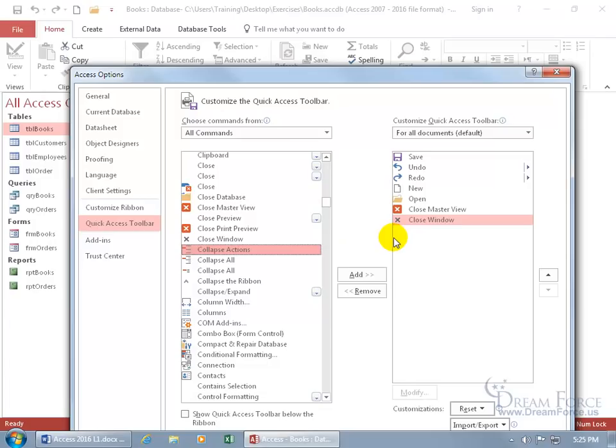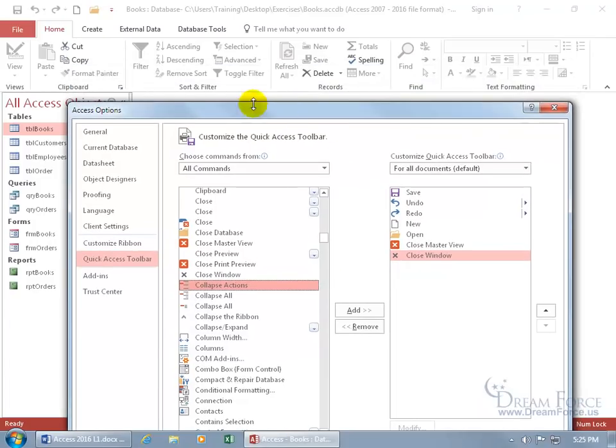So what I can do is add what are called separators, just like you see on the ribbon here. These lines that separate this group from that group. And these separators can perform one of two functions. You can have a line here that separates my open from my close commands, and that can be one group, or, as I mentioned, if you want some spacing in between the commands so they're not right next to each other and you don't accidentally click on the wrong one,